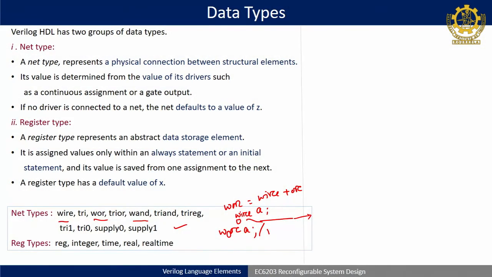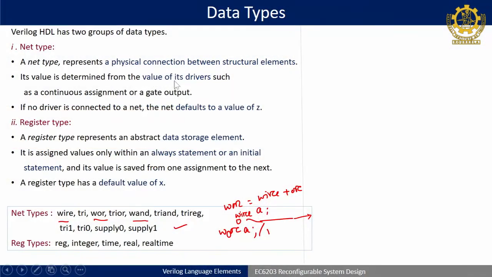The summary is that in Verilog, wire is not the only supported net type. There are other net types like wor, wand, tri, tri1, tri0 for tri-state logic, and supply0 and supply1, which are used for ground, and VDD of the design sometimes. We will see those things in detail in the next class.